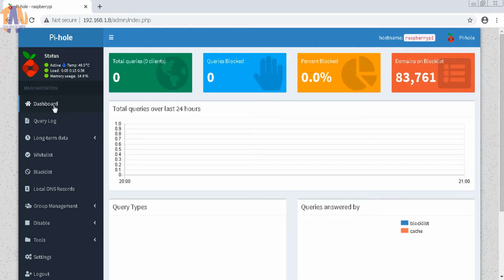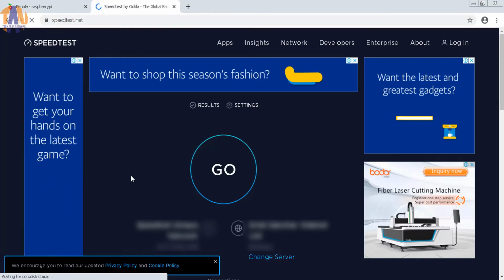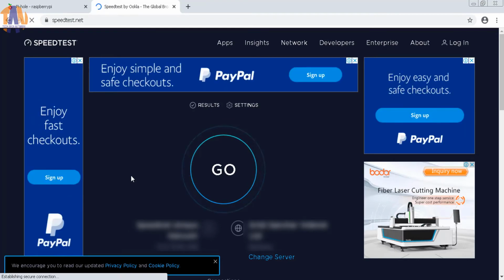Before making it workable for our network, let's open a website that shows lots of ads. So guys, you can see lots of ads are being displayed here. To block all these ads, let's now configure our network's DNS part to point to the Raspberry Pi ad blocker. Because in this entire project, your ad blocker server will act as the DNS server for your network.